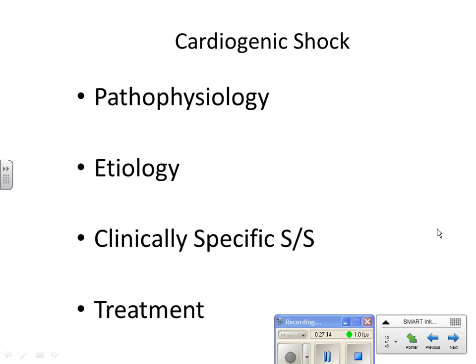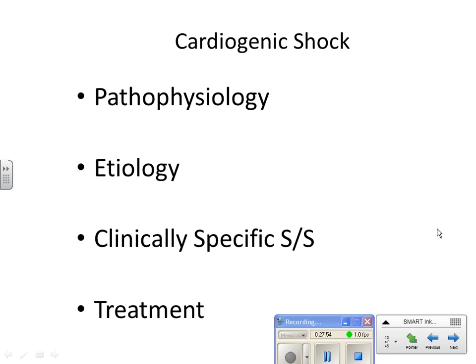So what do you think some of the causes might be of cardiogenic shock? One of the most common ones: heart failure, severe congestive heart failure, or an MI that damages a large part of the ventricles. Patients can develop cardiogenic shock because of pulmonary embolism. Why would you think that might cause cardiogenic shock? Right, they're not getting oxygenated blood, and the heart has to pump so hard to try to get blood to the lungs that it can fail, and then it sets off this whole cascade of cardiogenic shock.